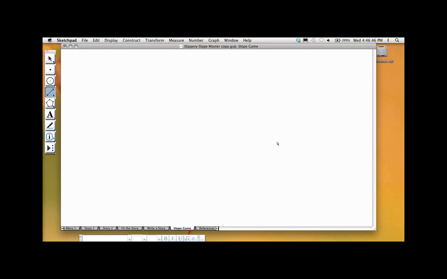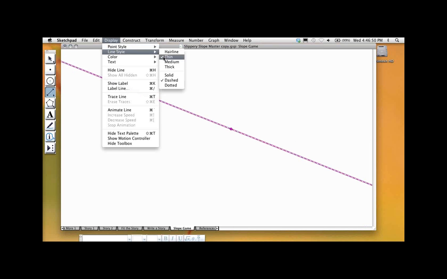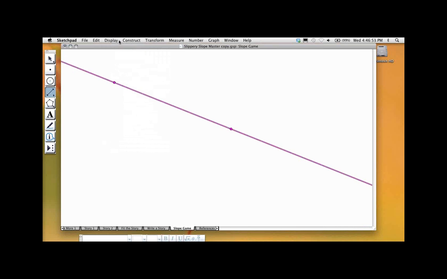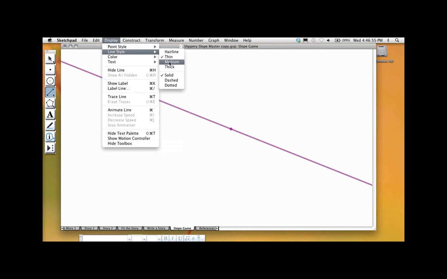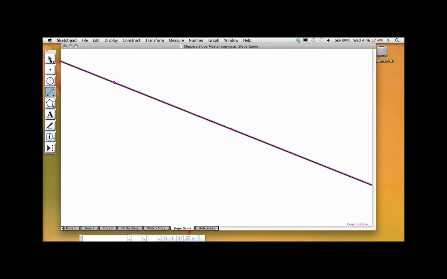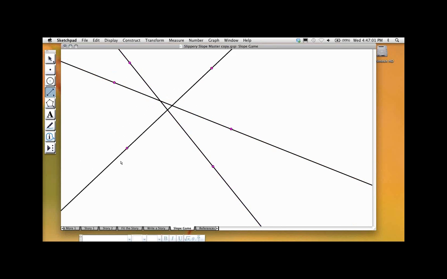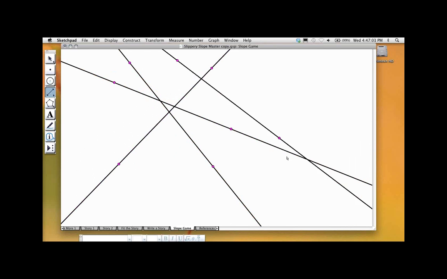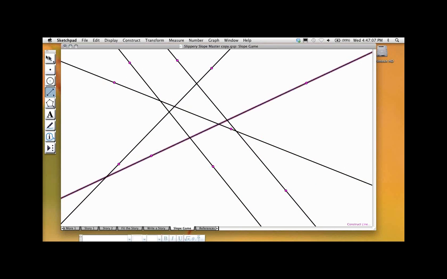bunch of lines. I think I want to make them solid, and once I set this line style, it will stick for the next lines that I make. I'm going to make 5 of them, and I am not connecting any of these lines. They're all independent. Okay, and then I'm going to